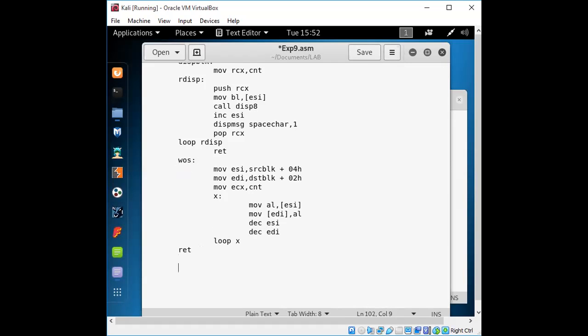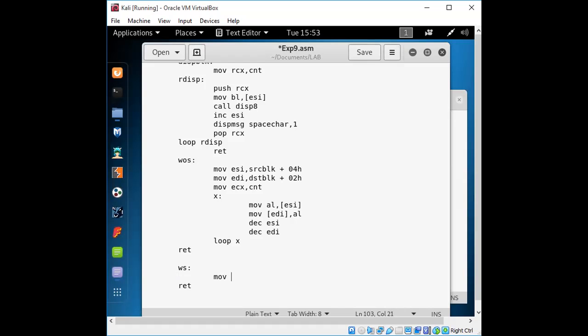Now it will be for with string. Here also, the only change is related to the direction flag, right?